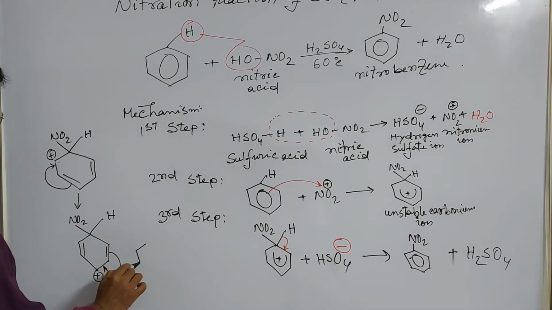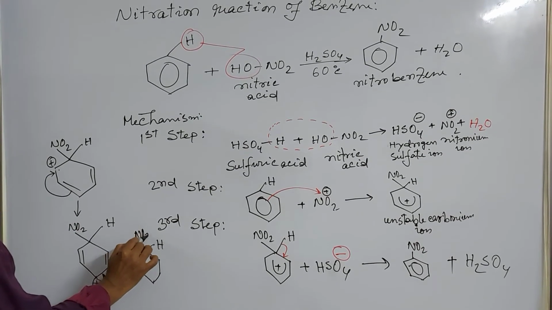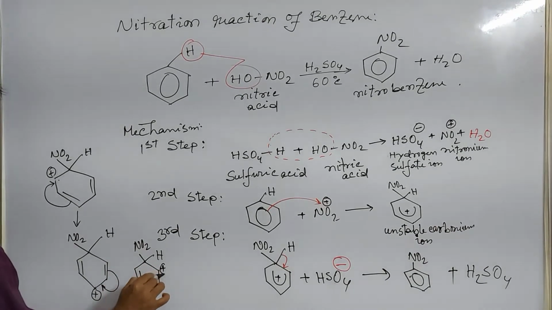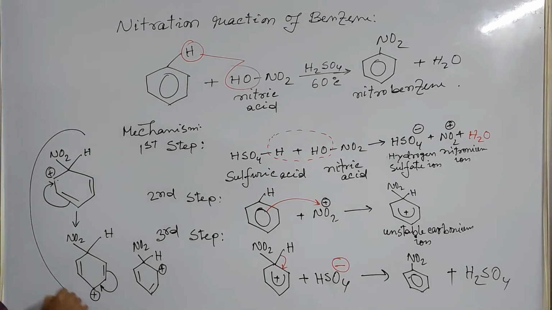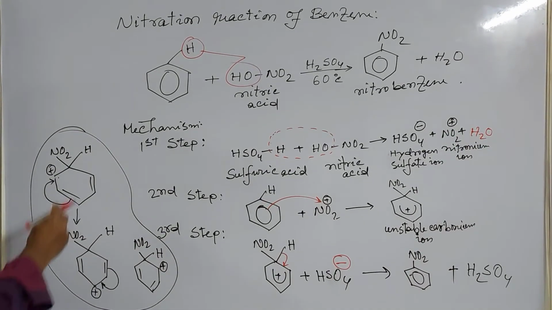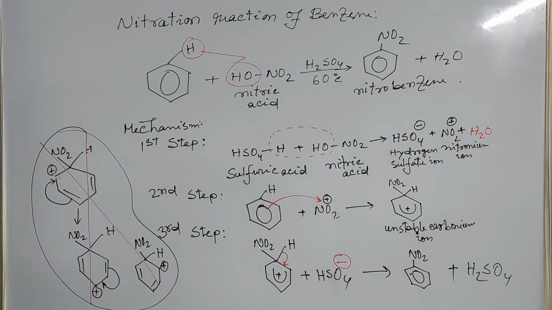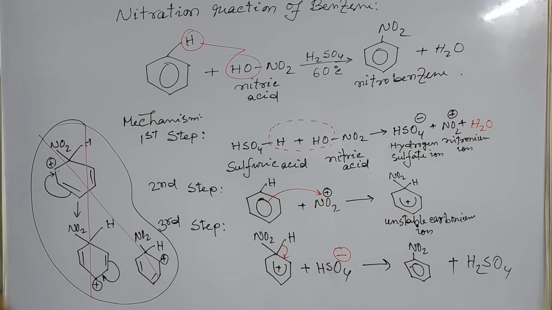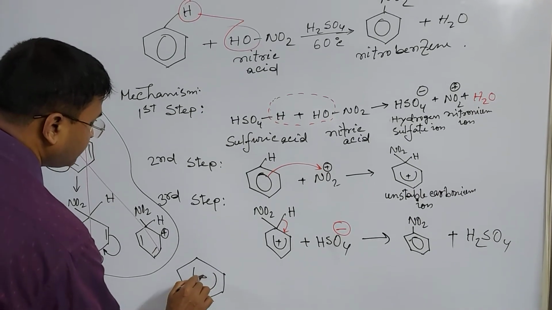The positive charge will actually be at the second carbon atom, but it is not written as I have shown you. It is actually wrong. Actually, I would like to show you that the positive charge is actually delocalized in the benzene ring. The positive charge is actually moving at different carbon atoms. That's why it is written like a half mole,